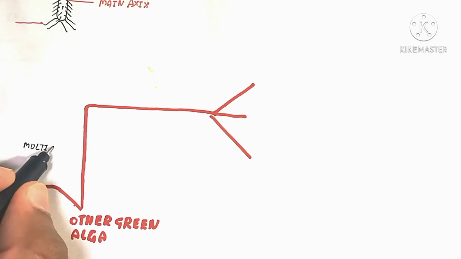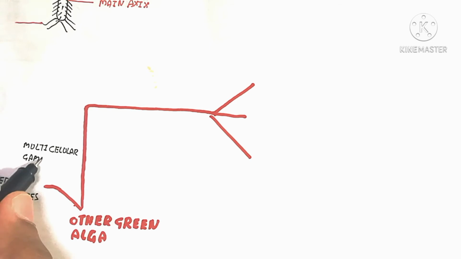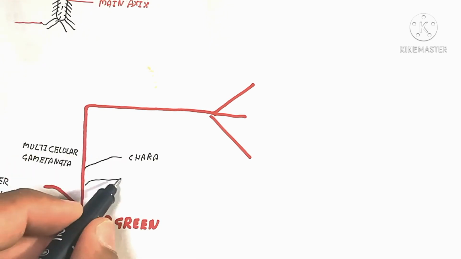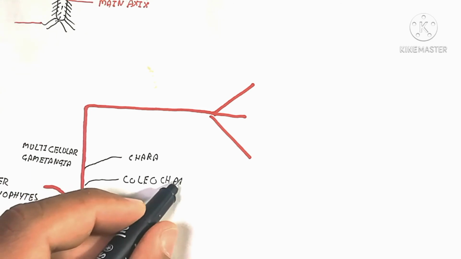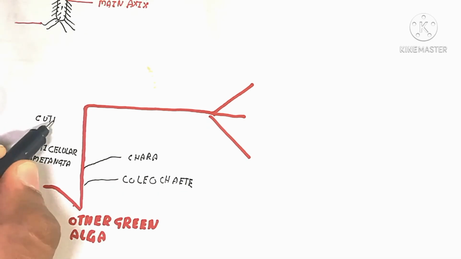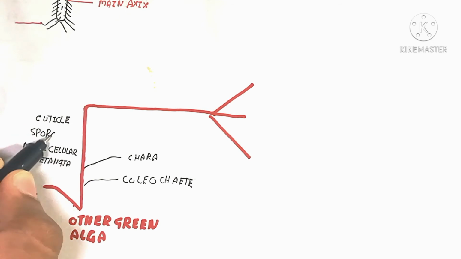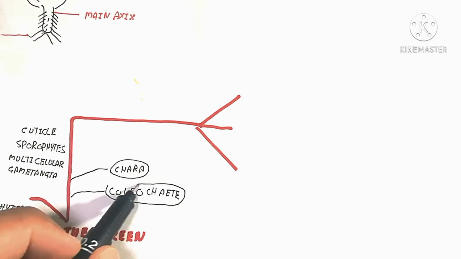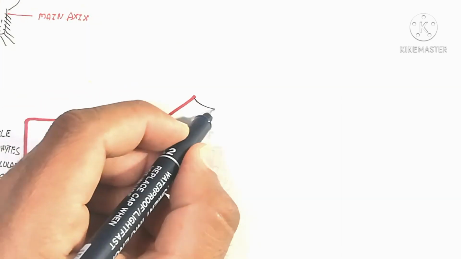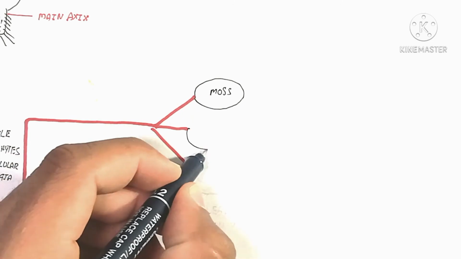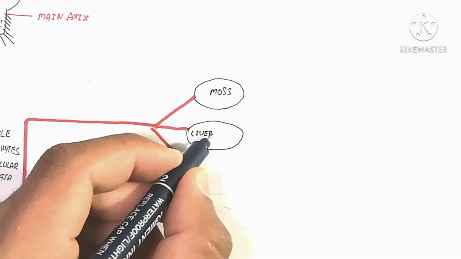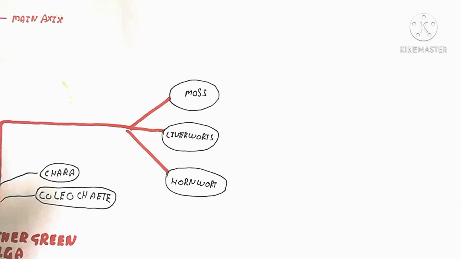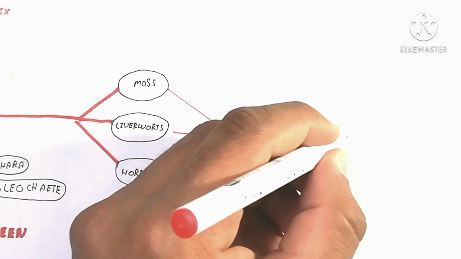So here is the classification. Other green algae, which go into the Chara and Coleochaete, and other bryophytes. That's going into the cuticles, sporophytes, multicellular gametangia are present. And the different types are known as mosses, liverworts and hornworts. The liverworts have a liver-like structure, hornworts a horn-like structure, and mosses are present in the damp area. And that is the